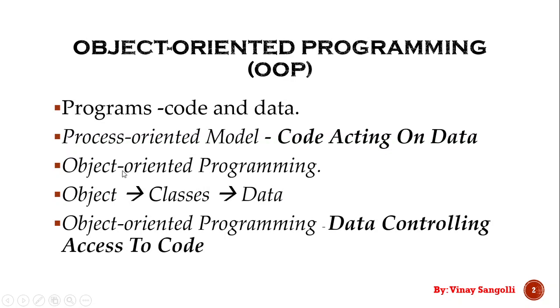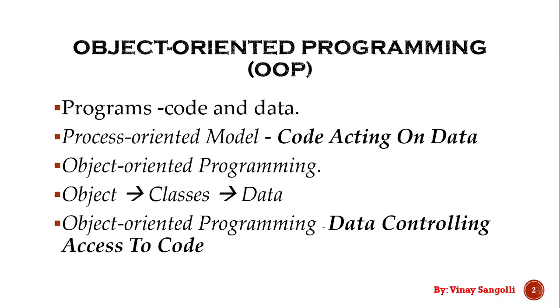The question arises, what is an object? Objects are nothing but the set of data. For example, I have fruits, n number of fruits, say apple, mango, guava, and so on. Apple, mango and guava are your objects. Now, where do these objects fall into? These objects fall into a class called fruits.